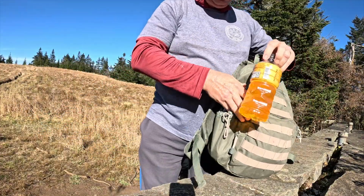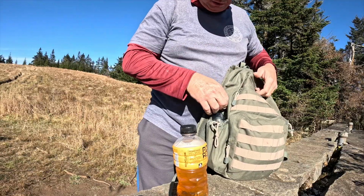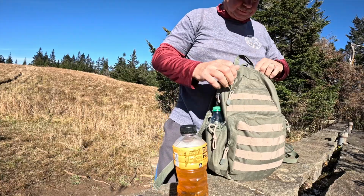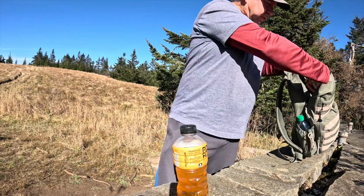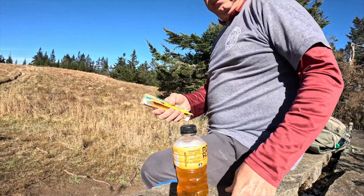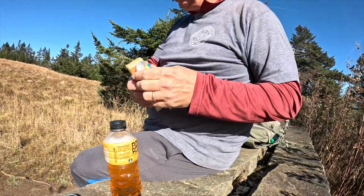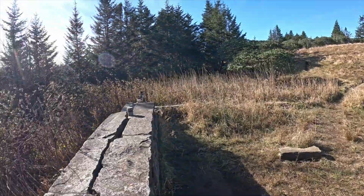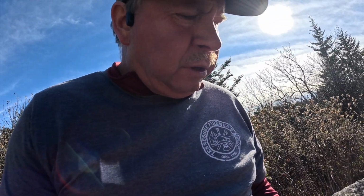Some Gatorade and cheese crackers and a Slim Jim. So I will eat that and then head on back down. Okay, had a snack. I was reading about the Cloudland Hotel here, and it says